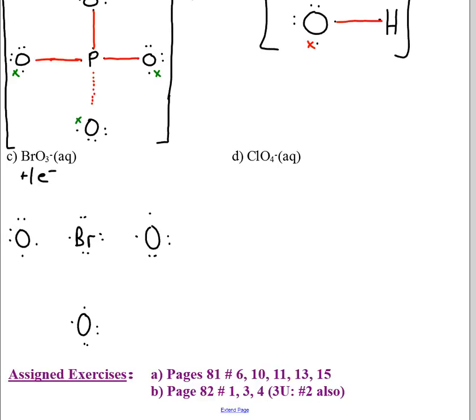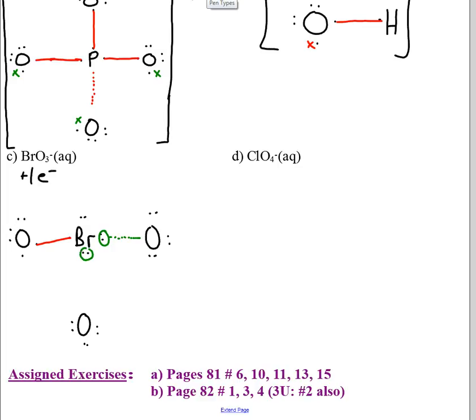So let's remember to add the extra electron, but we can do that towards the end. As we start to pair up our electrons here, let's form a single bond here. Now again, right off there, we've satisfied the octet for bromine, which means that in order to bring in the other 2 oxygen atoms, that central bromine atom will have to coordinate the sharing of electrons with those other 2. So we're going to have to reshuffle our electrons as we did before, and that just requires a simple adjustment to our diagram. How that exactly happens on an atomic level is for us to contemplate, but that gives us 3 non-bonded electron pairs where bromine will coordinate a